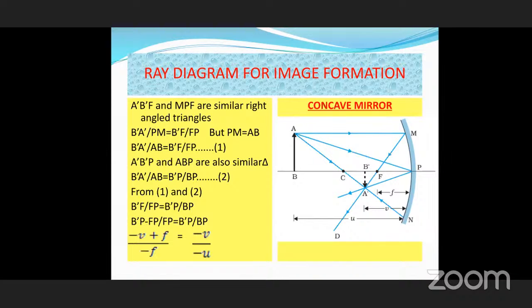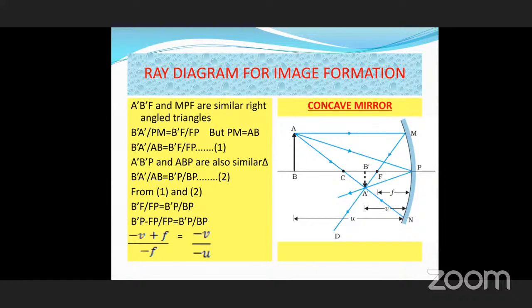But here we have taken AP. The AP ray is passing through P. Whenever it is passing through P, that is the general one, where the incident angle and reflected angle are equal, according to this, P A dash. And the fourth ray we have taken: one is parallel, one is passing through this P, and another is passing through C. All these 3 blue colored rays, you can see, are reflected at one point A dash. So from that point you have to draw a perpendicular to the principal axis, which gives A dash B dash